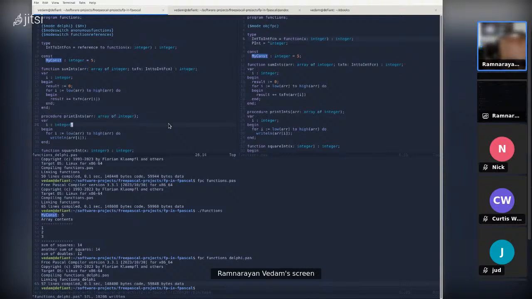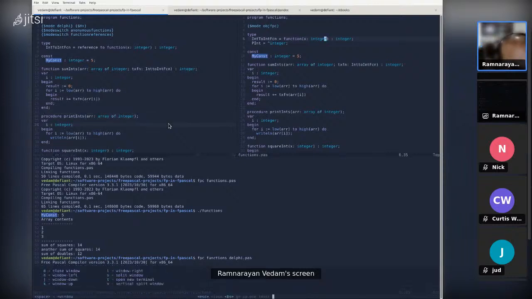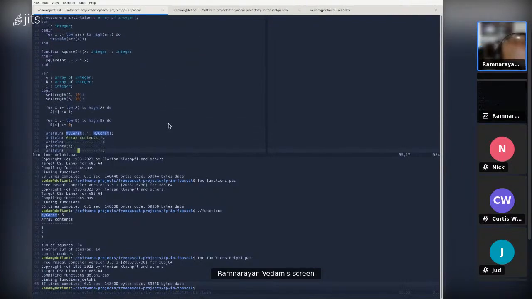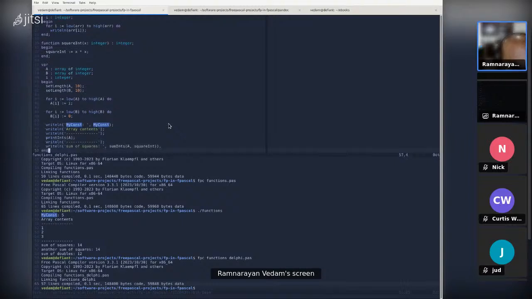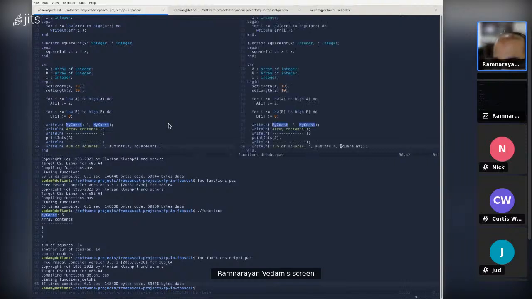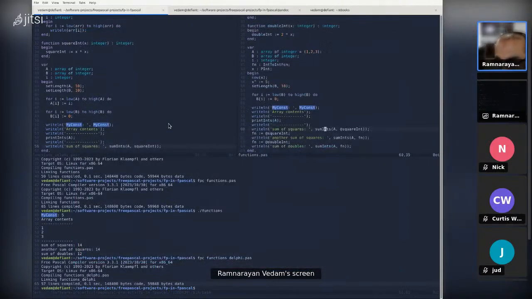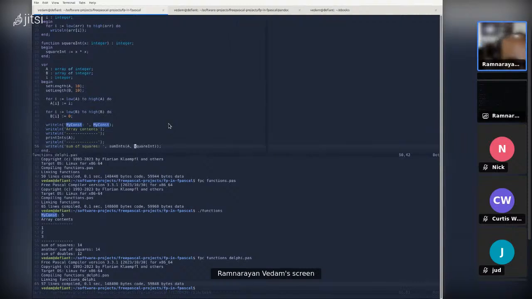The rest of this code will look the same to you. I don't think I need to review this here. The main differences will come in later on here. You could see that now when I tried to call this, I no longer need the at sign. I guess that's another thing I should show, which is here: as you can see before, to pass this in as a pointer, I'd have to say at, which is pointer of this call site, and then return. But now with function references, that no longer is needed.